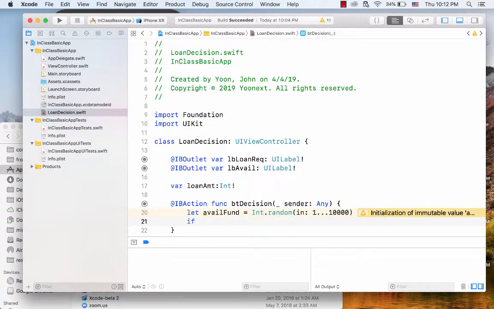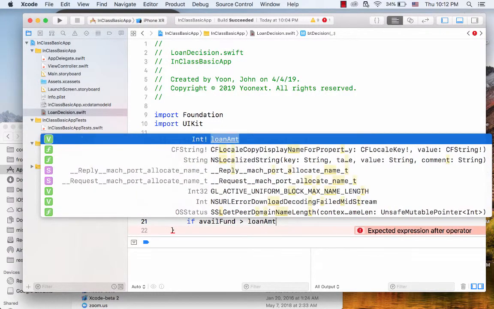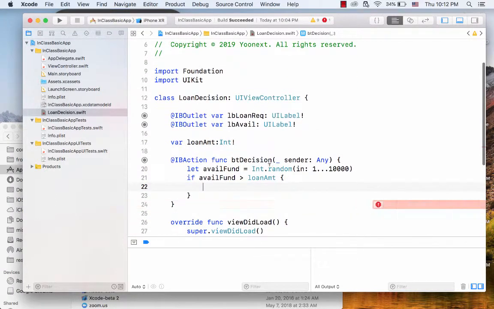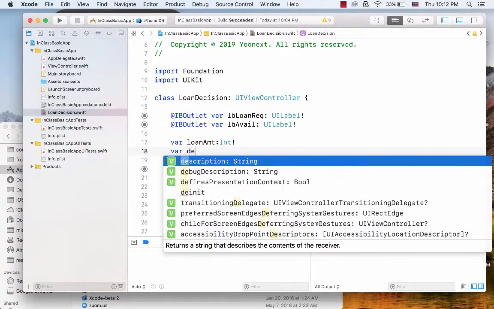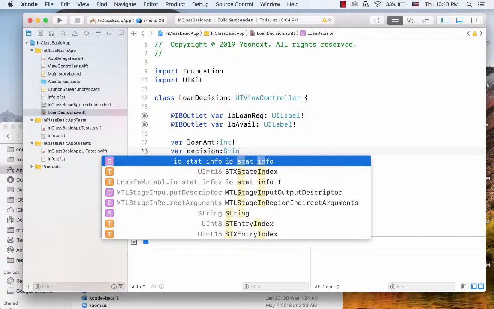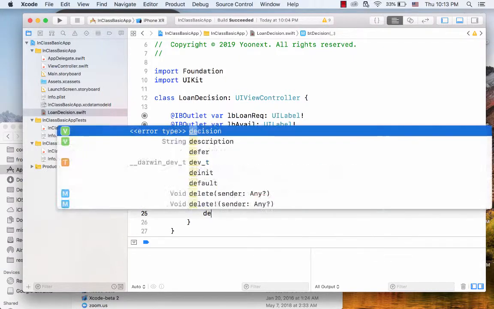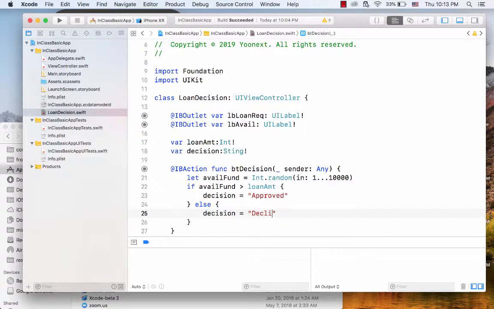And then if avail fund is greater than loan amount, okay, then our decision, another variable, say variable decision, that is a string, right? Then decision will be approved. Else, decision will be declined, all right? So okay,